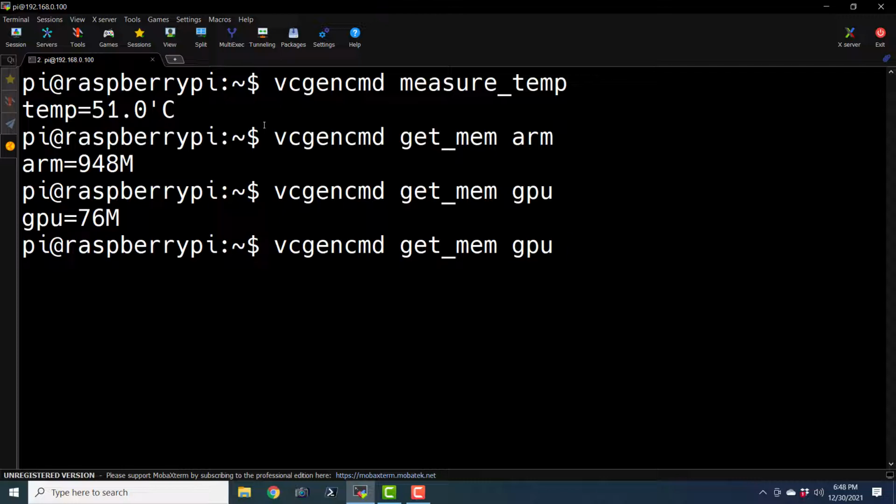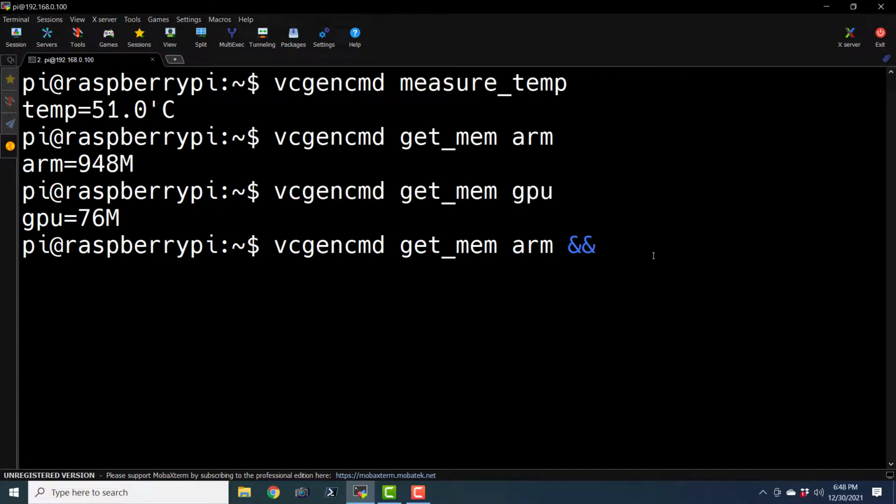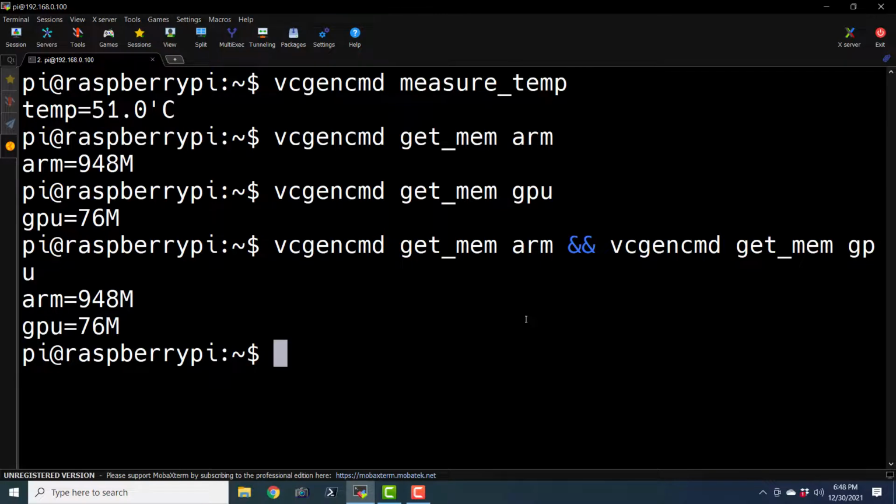Okay, and we can combine both the commands like this. Let me copy this part and paste it here. Okay, so we will see the memory allocation for the ARM as well as GPU, and here this much memory is allocated to the main processor and this much memory is allocated to GPU.